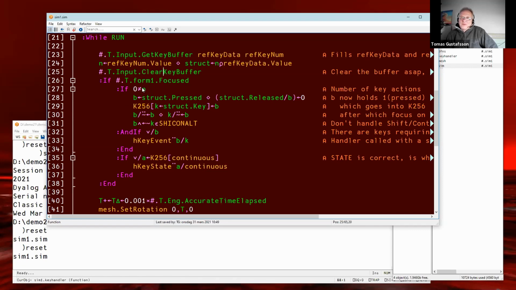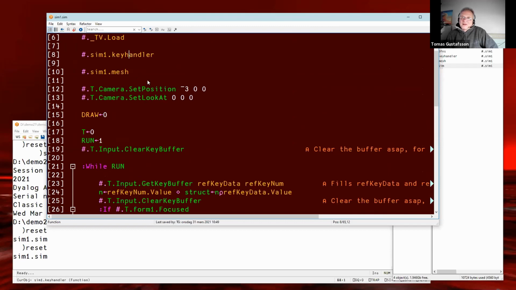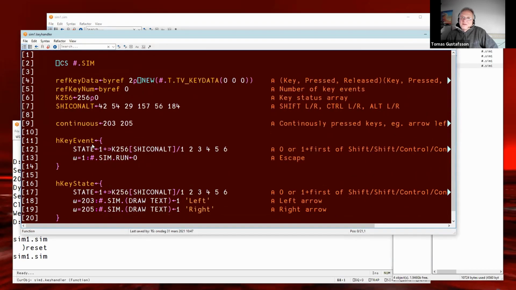And this is the bit of mumbo jumbo here, which results eventually in maybe calling the H key event for press once keys, or H key state if it was a continuous key like shift or arrow up or something. You just have to trust it will happen here. And as you saw earlier, the H key event dynamic function here only reacts on one key, number 1, which is escape.